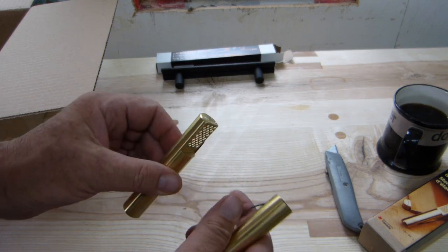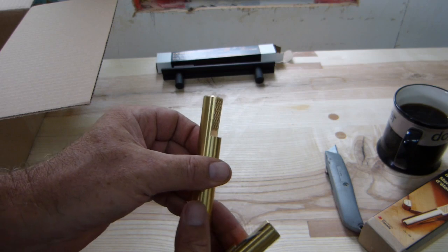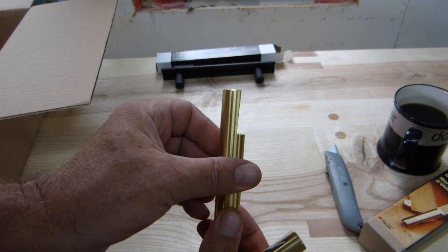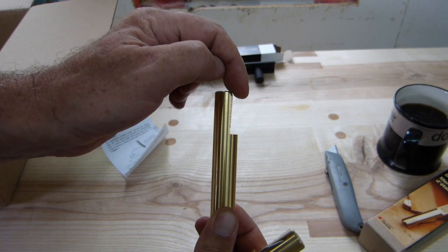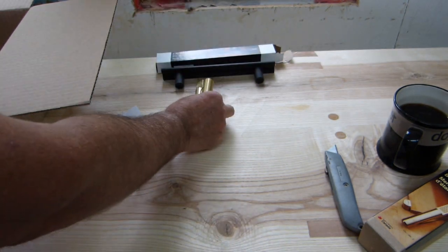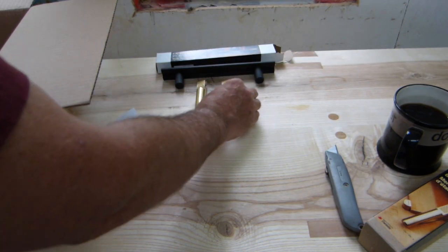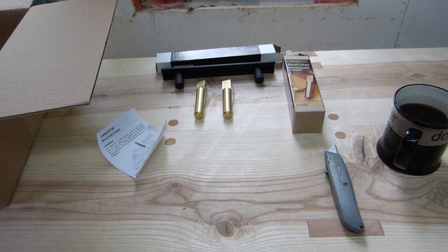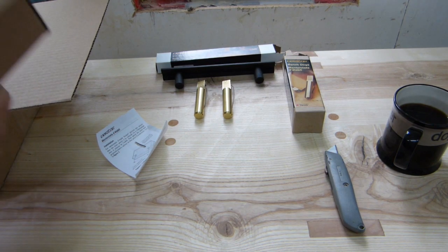Now, is that pretty or what? How well does that angle show up? Yeah, you can see the slight angle on it. Sticks out a little bit farther at the top than at the bottom. And item number 3,